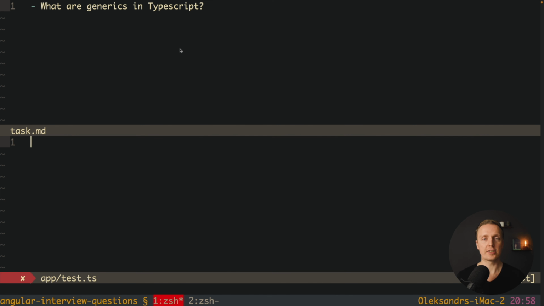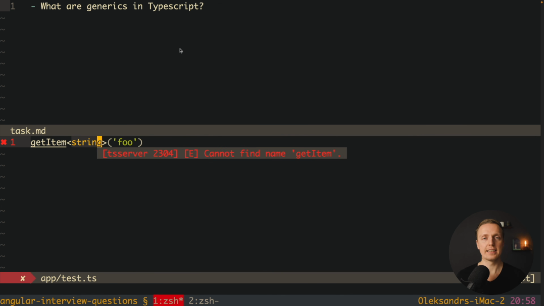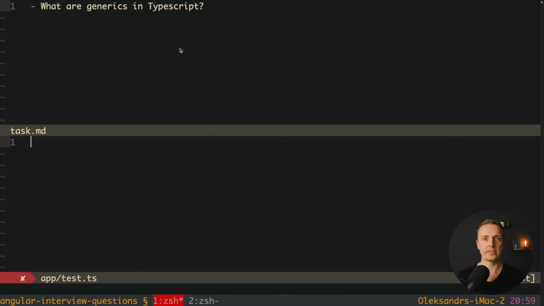If we are talking about functions, it looks like this. For example, we can write here getItem, and before we call this function we provide something inside. For example, this is a string, and here we can provide a foo. And typically it will mean this is the data type that we need to use inside this function. For example, the first argument in this getItem function can be any data type, and we could write any there, but it is not that valuable. This is why we can create a generic function where inside we will set the data type that we can then reuse later in this function. So we're using generics to create reusable code.